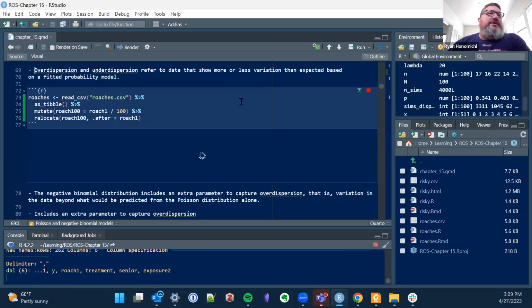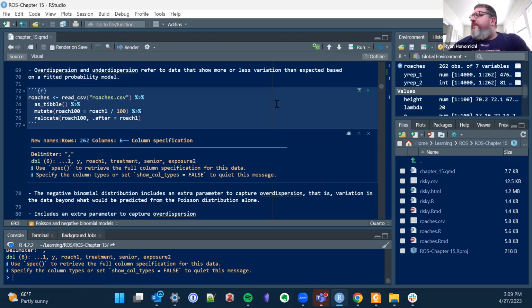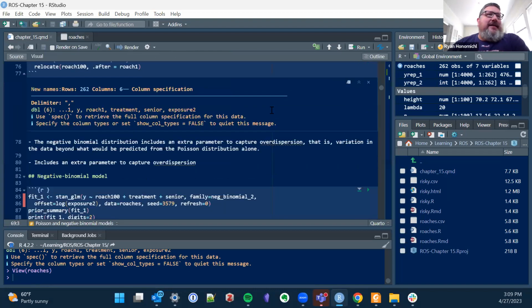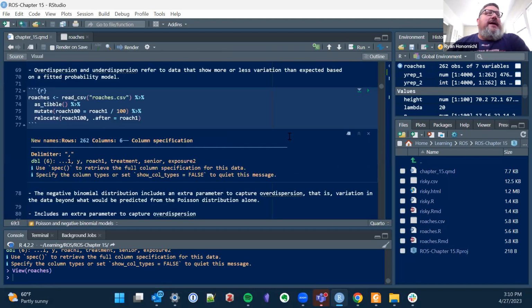I'm using the Roaches data set here, which is from the chapter. Basically what we have here is the outcome, which I forget now. Of course, now that I've done this, I've completely forgotten what the outcome was. Forgive me, I'm looking that up right now. How many roaches were alive after the treatment, right? Oh, right, post-treatment roaches. Sorry, I've had a bunch of different data sets in my head.